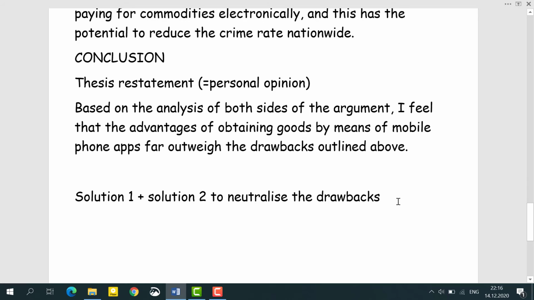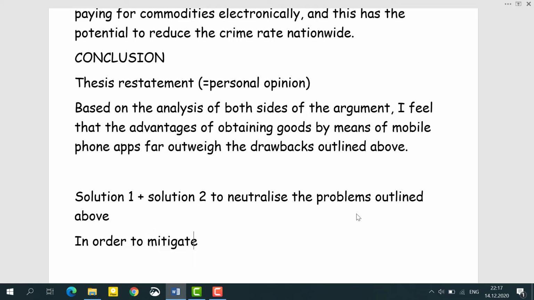Okay, so in order to make our examiner happy, we can come up with two very quick solutions to the problems that we have analyzed before. Okay, why? Because we need to neutralize these problems. Okay, so to neutralize the drawbacks or to neutralize the problems, okay, outlined above. Now, how can we do it? Let me show you. In order to mitigate the issues related to this trend,